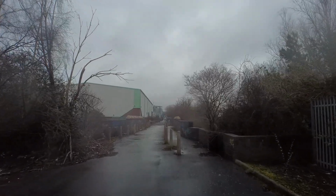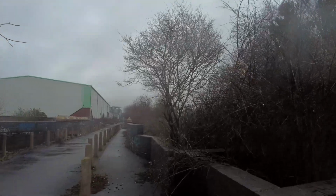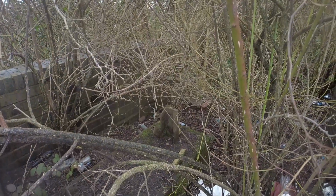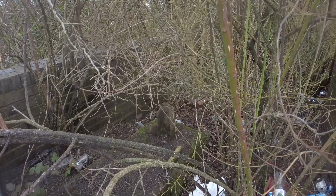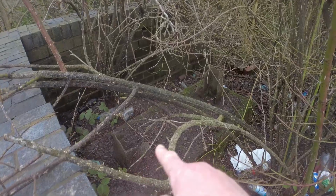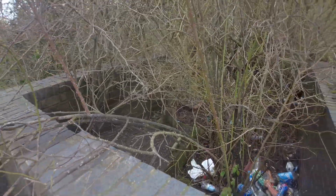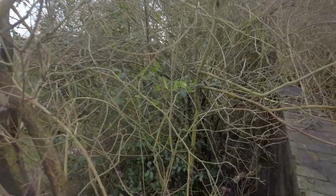So I do have pictures of this bridge. And in fact you can see there remnants of what may have been either part of an old building or a sign. But there you go, must have been a sign, look, because there's part there been cut and part there, so maybe signage was there at one point. So that's another interesting thing to find. The other thing,